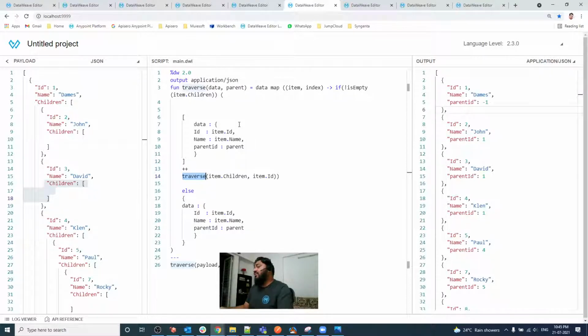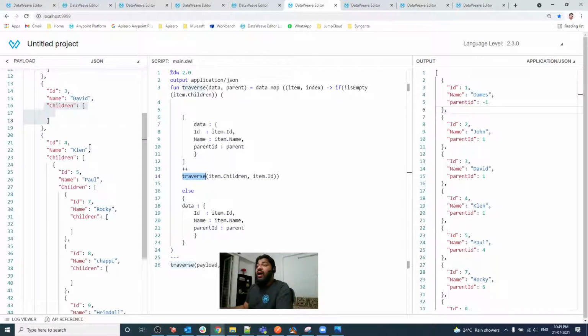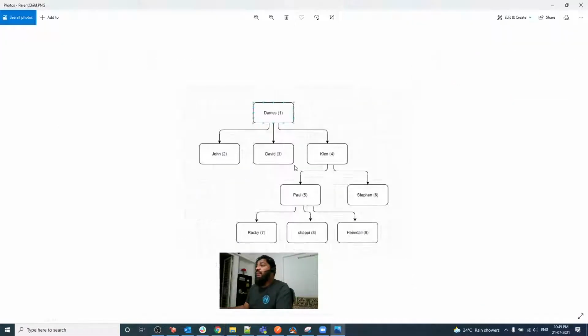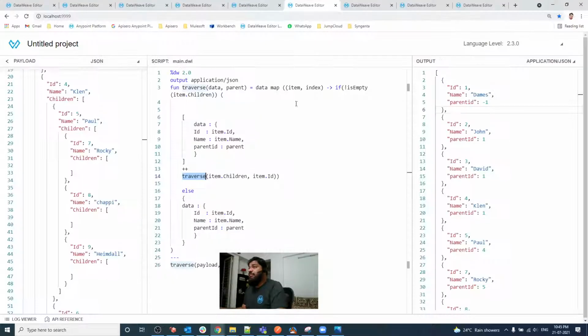Without recursion it is not possible, because we don't know how much hierarchy we will have. As you can see, we have first, second, third and fourth levels. It can be any level, 6, 7, 8, because it is not known in advance. But with the help of the traversing function, we are able to traverse dynamically like that. As you can see in the code, you are getting data here. Let me show you.